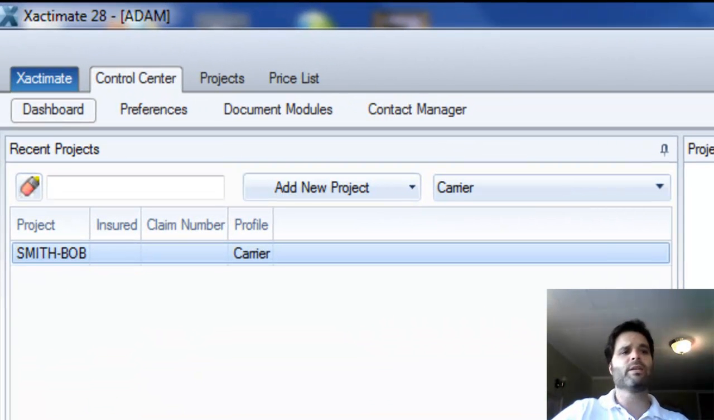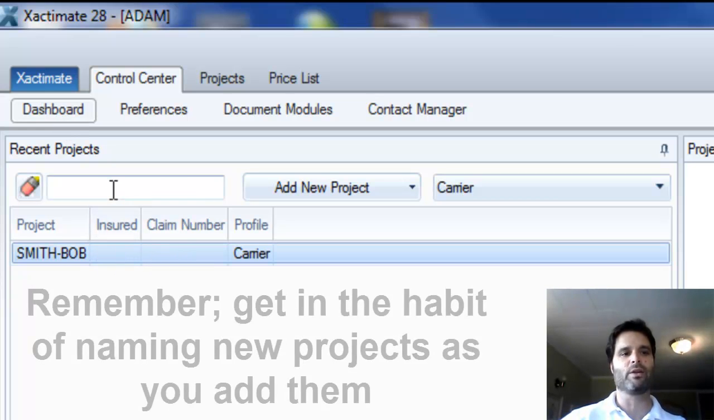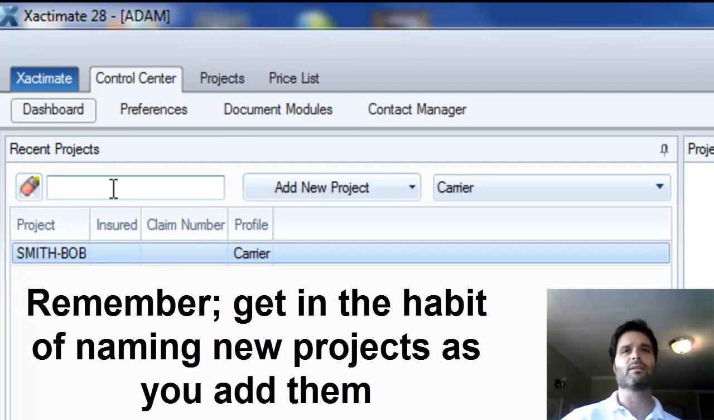Now, the screen you're looking at right now is the Control Center. You'll see the tabs up at the top: Xactimate, Control Center, Projects, and Price Lists. We're at the Control Center, and we're at the dashboard in the Control Center. And the last exercise we did, we created a project, but we're going to go ahead and create a new project now for practice. And if you'll recall, we want to get in the habit of naming our projects before